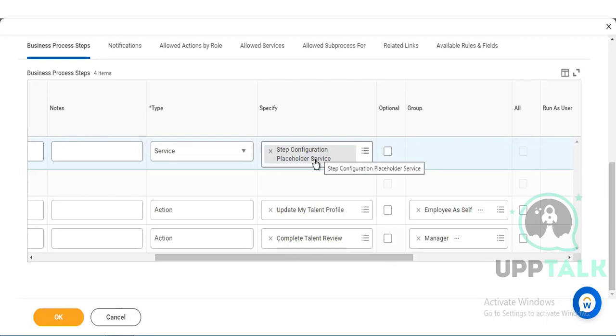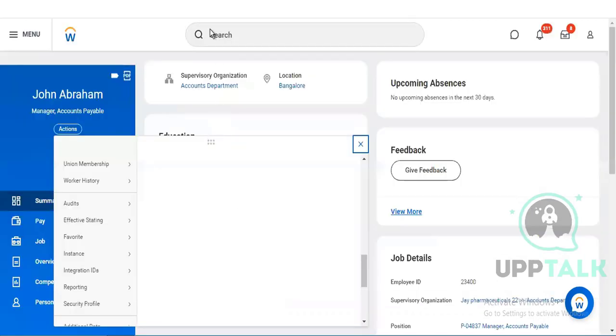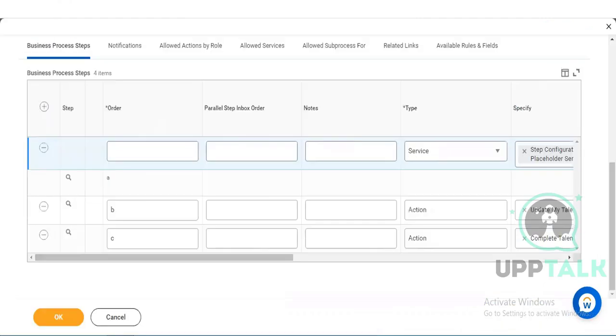Okay, but in this scenario, what is happening is the calculated field that I created sometimes gives me the right result, sometimes it does not give me the correct result. So mainly, whenever we work on any specific condition rule that we create, we check the step condition. For example, for this worker,